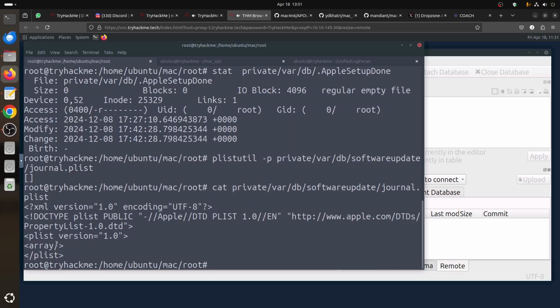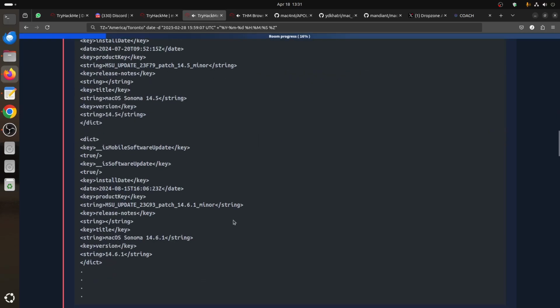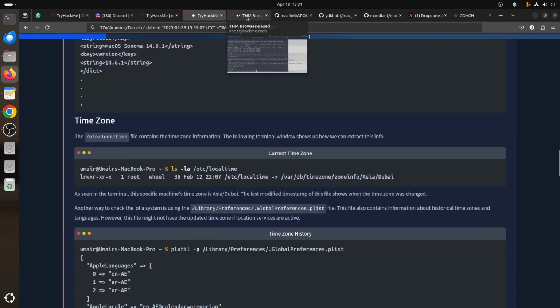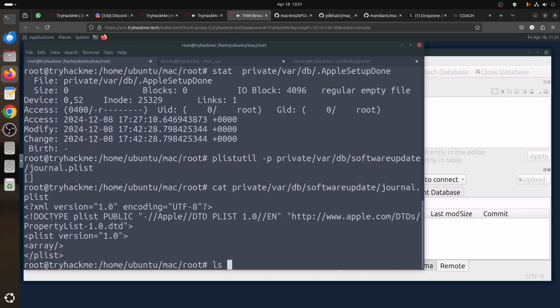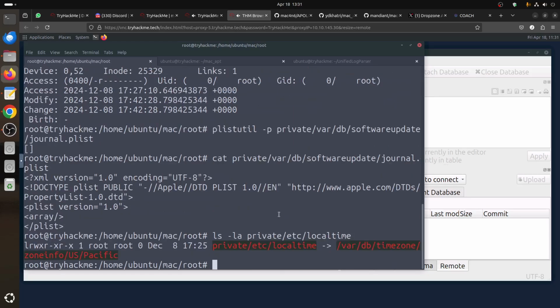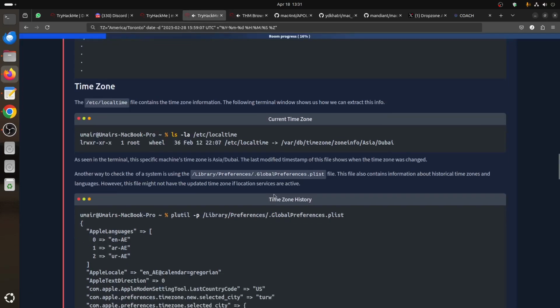Same, it's an array, nothing is empty. I don't know why we don't have this information in this room. Time zone is the same as the next: etc local time, ls minus la, etc is under private etc, and local time, and here it said US Pacific. Okay, and then